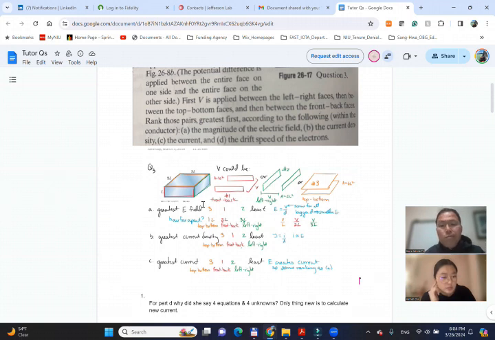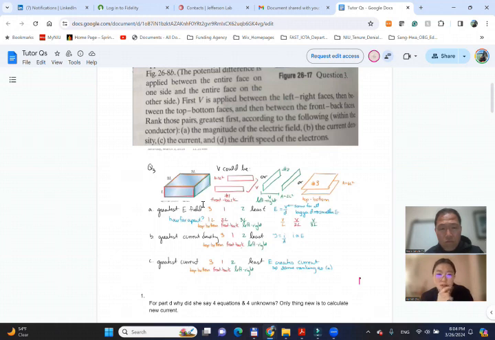I was confused because it makes sense, I guess, because if the current density is proportional to the current and the current is proportional to electric field, technically the two rankings should be exactly the same. That's her reasoning. But the thing is, the current density is equal to the current divided by the area. So I thought the area, because the area changes for each scenario, wouldn't that have an effect on